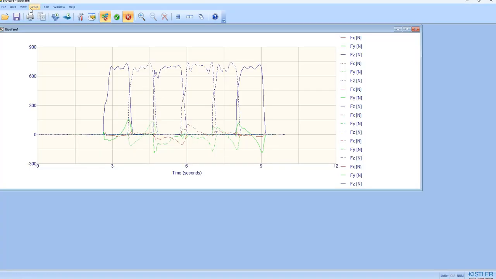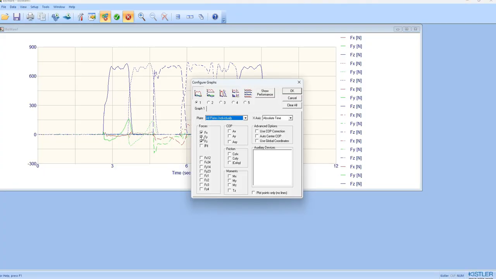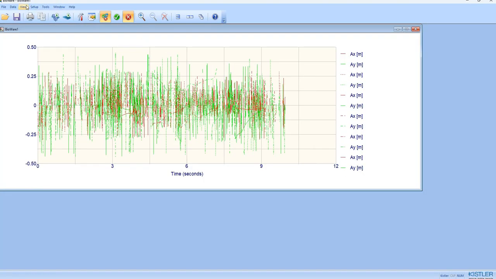This is the resulting data. Select View, Configure Graphs. You have your forces, or the ground reaction forces, in the X, Y, and Z direction, as well as the center of pressure. So to solely look at center of pressure, select the A values, select OK, and this graph solely shows the